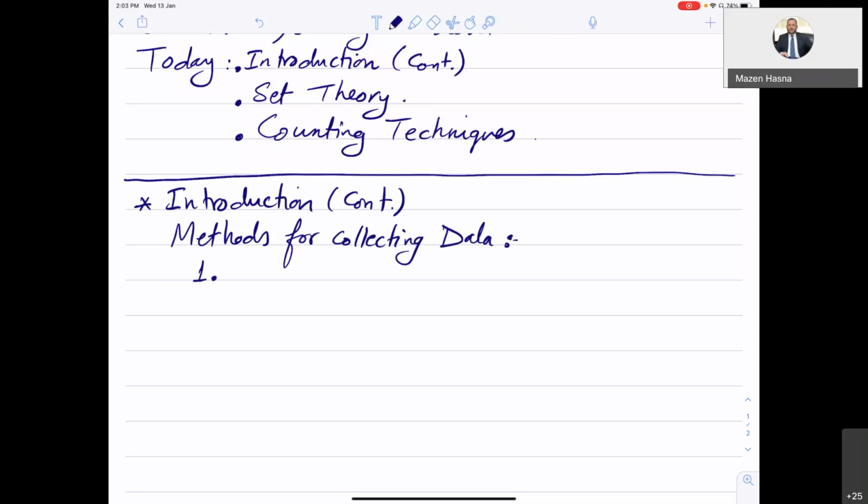Any study we want to do, any enhancement of an existing process or plant or any idea we want to implement, we have to start with some data collection. So where do we get our data from? There are many ways. First way,